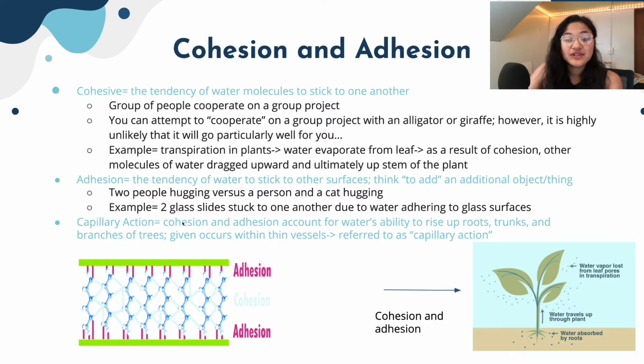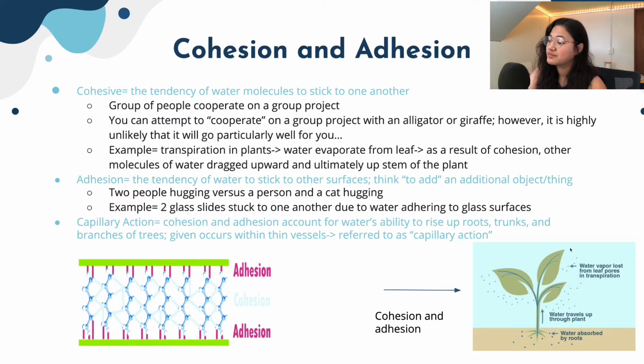And capillary action includes cohesion and adhesion, and it accounts for water's ability to rise up roots, trunks, and branches of trees. Because it occurs within the vessels, it's referred to as capillary action. Here's a little image of it. The water travels up through the plant. Water is absorbed by the roots and goes up the roots, adhesion and cohesion, and then it